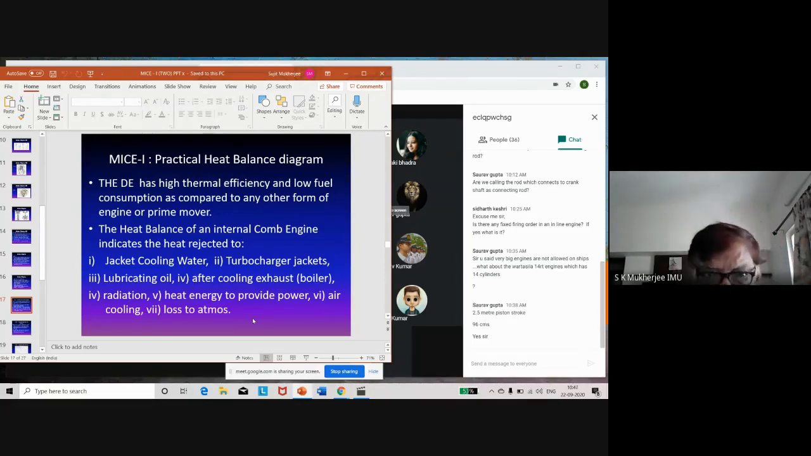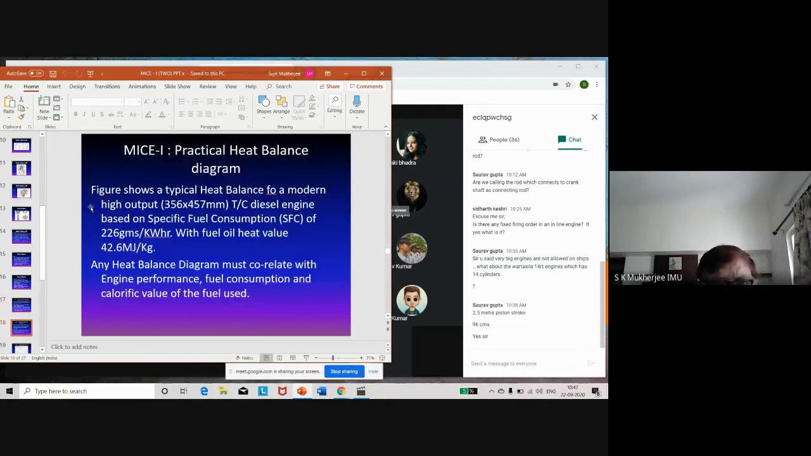Based on these two parameters, you can make out your heat balance diagram. Otherwise, if you make a general heat balance diagram, it makes no sense. So the next picture I am showing you is here. The figure shows a typical heat balance diagram for a modern high output engine, and the figures over here are indicative